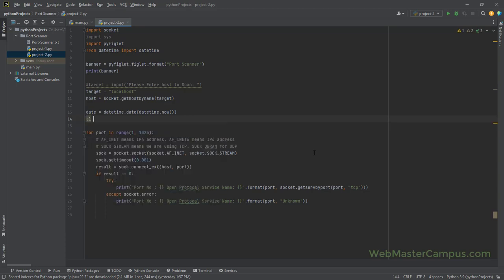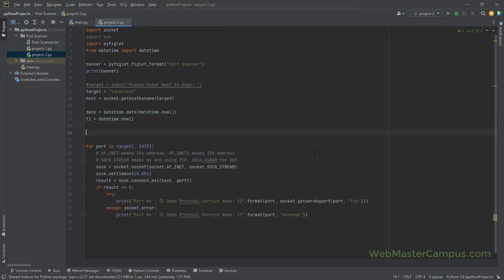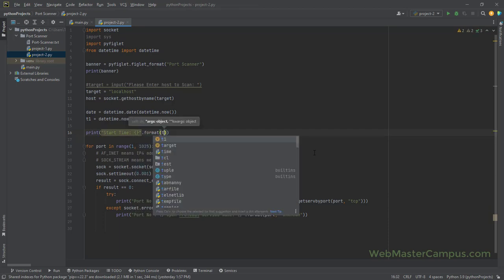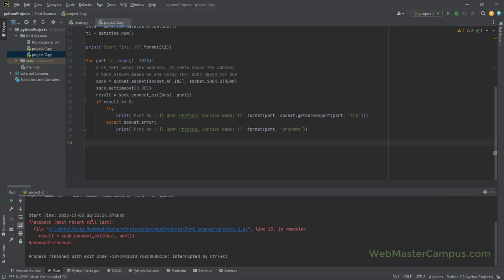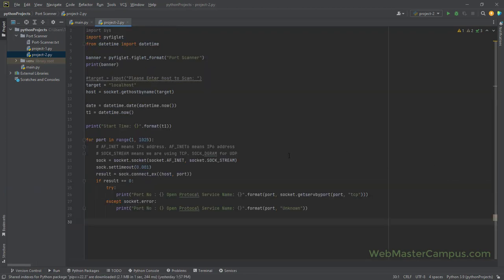Then I'm going to call T1 the starting time, and for this one I'm going to call datetime.now. Again, let's display this first. Print, and I'm going to call start time colon curly brackets .format and just T1. Okay, so it will display the complete date and time to me. So the complete date and time is showing, but now what I am going to do is just write